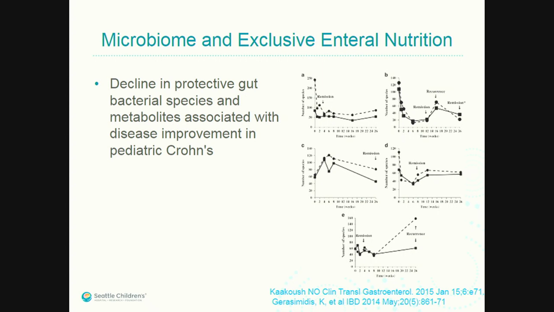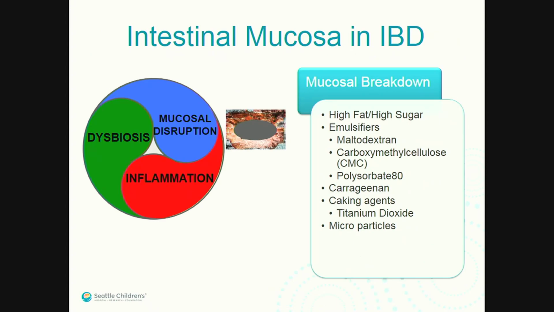So when we look at the microbiome, we actually see a decline in the protective gut bacterial species, as well as metabolites that, again, are associated with improvement in Crohn's disease. And this study has been replicated a number of times. So we get the opposite effect of what we're expecting, which tells us that maybe the microbiome is important, and maybe it's a question of shifting the microbiome one way or the other,